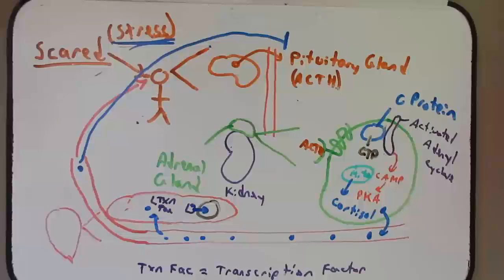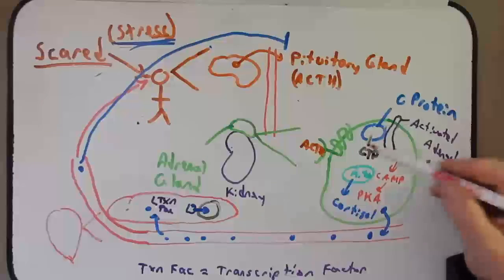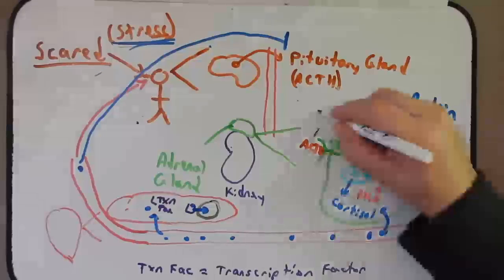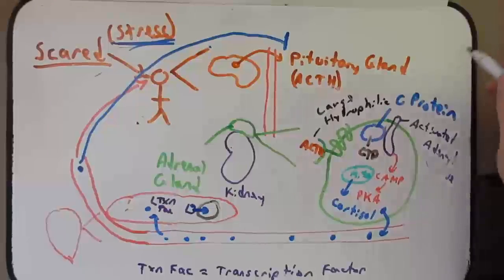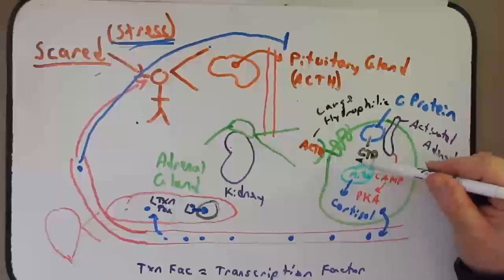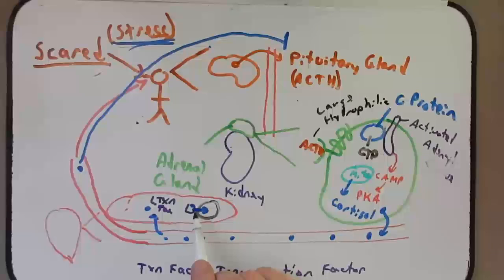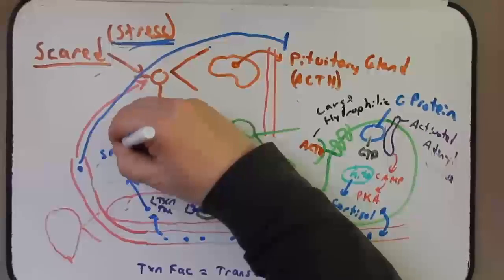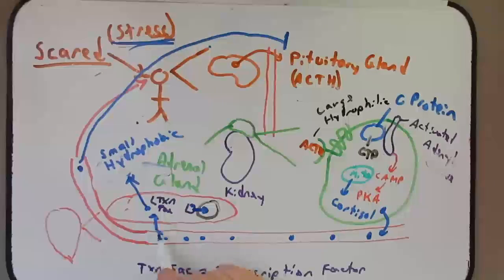Okay, the only other thing I want you to know on this picture here is that ACTH, since it doesn't go through the membrane and it activates one of these G proteins, you would assume that it is a large hydrophilic or you might say lipid insoluble protein, because it is unable to easily move through the membrane, so it signals its receptors on the outside. This example also provides us with a signal that is small and hydrophobic. So cortisol here is going to be small and hydrophobic, or you might say lipid soluble, because it can first